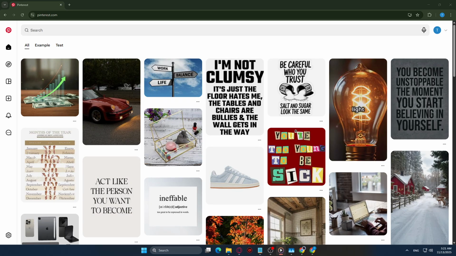To get started, first, open your web browser and head over to Pinterest. If you don't already have an account, you'll need to sign up, but that's a relatively simple process that just involves entering some basic information. Once you're logged in, the home page is your starting point, and it's here that you'll be able to navigate